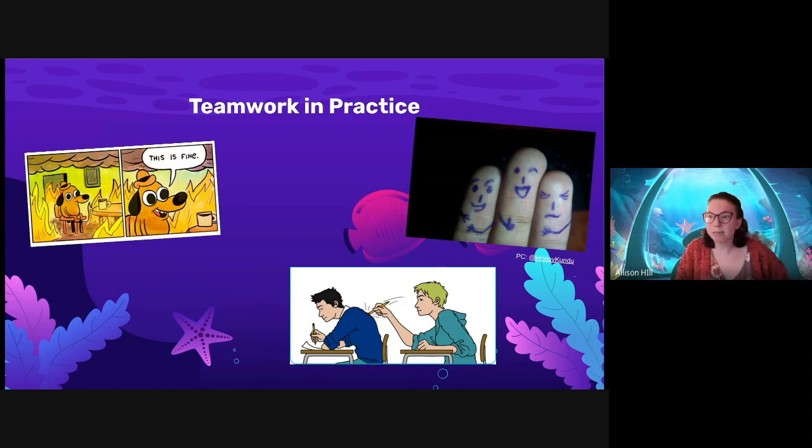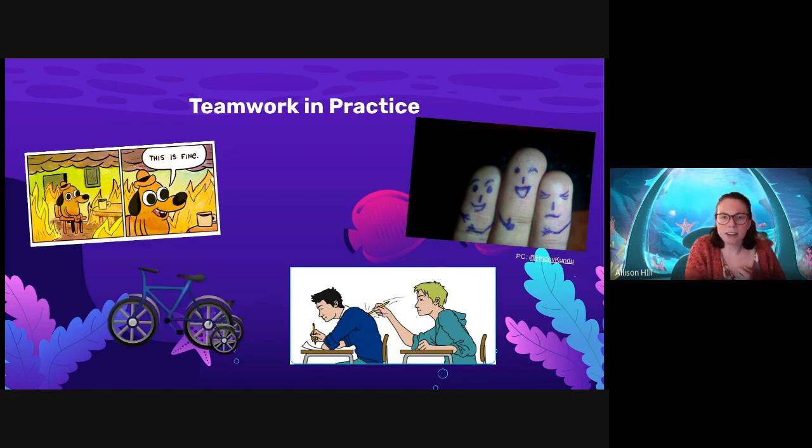Pair programming, also great, just because you can bounce ideas off of each other. It takes a little bit more time up front sometimes, if there's a little bit of a mismatch in experience levels or knowledge, but it provides more value than it costs nine times out of ten. And also you can collaborate